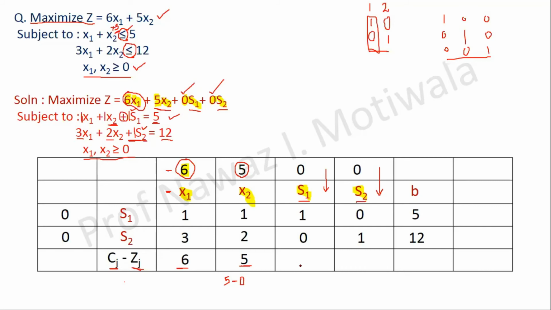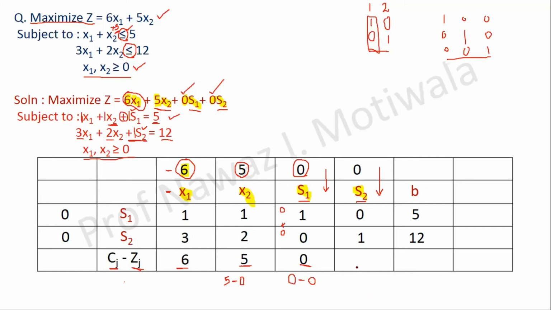Next step is this one. I want the answer here. So first I will write the value of Cj, which will be 0. So I will write down 0 minus 0 multiplied by 1. 0 multiplied by 1 gives me 0. 0 multiplied by 0 again gives me 0. And 0 plus 0 will be again 0. So 0 minus 0, the answer will be 0 only.